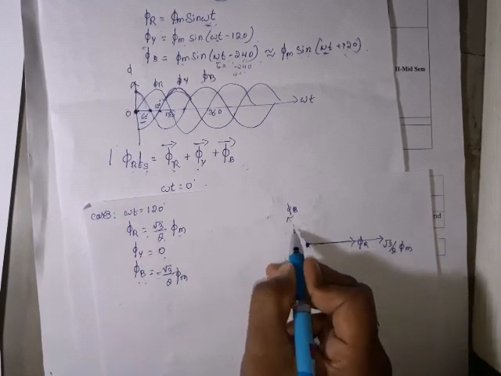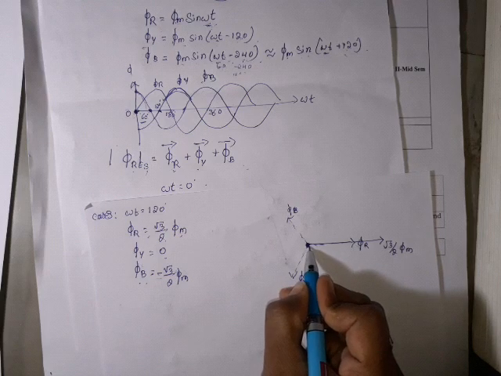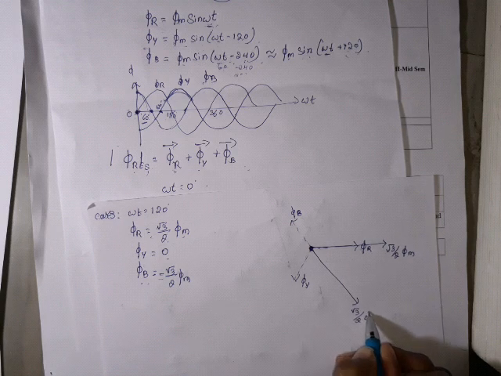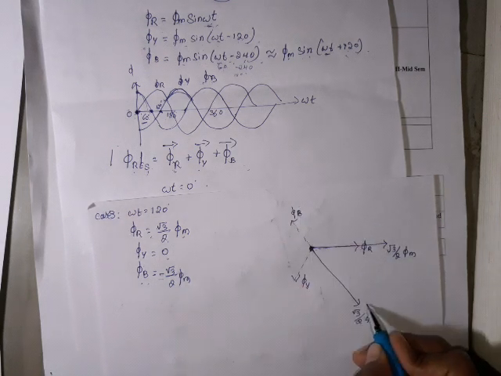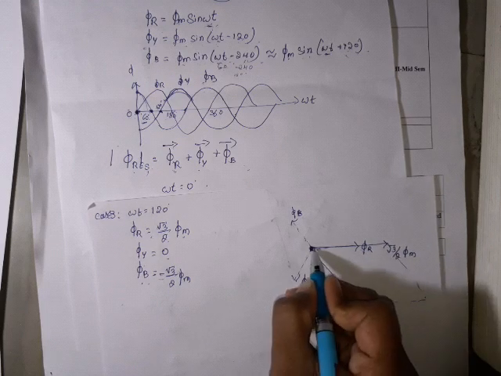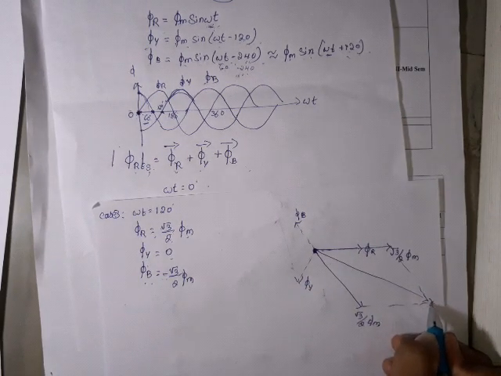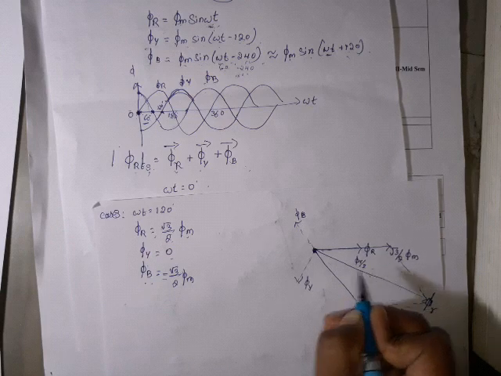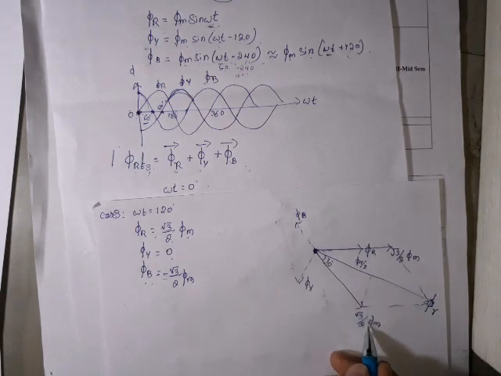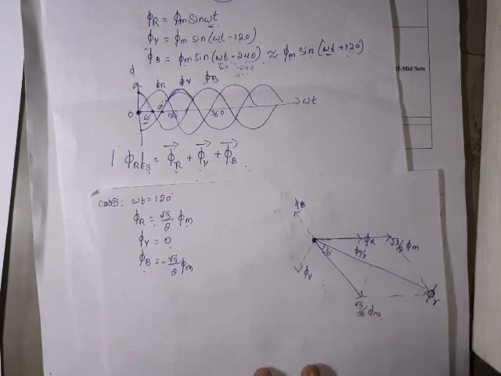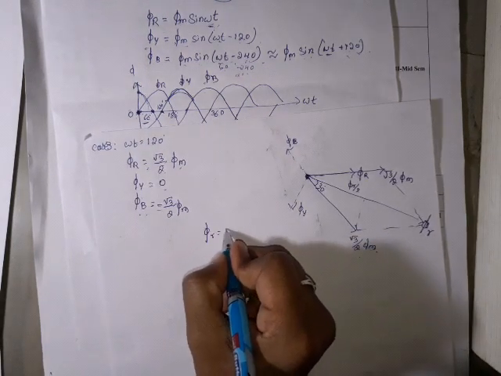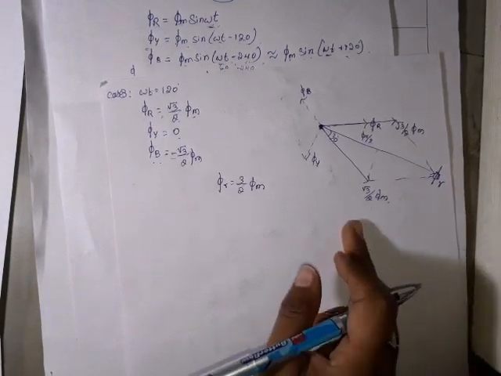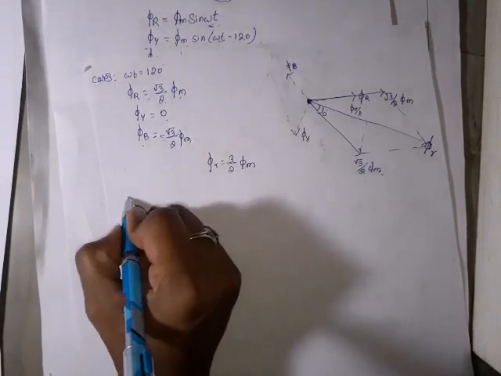So this is phi m. If you write the same distance, that will be phi m. Root 3 by 2 times phi m, so that is phi b. Resultant flux is the vector sum of these two. So this is the resultant phi r. Again same thing. Bisect here, this will be phi r by 2, and this will be 30 degree. If you do the same calculation, you will get phi r equal to 3 by 2 times phi m. I will not repeat the derivation because I have already done it.